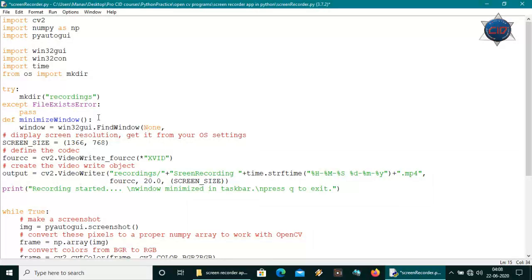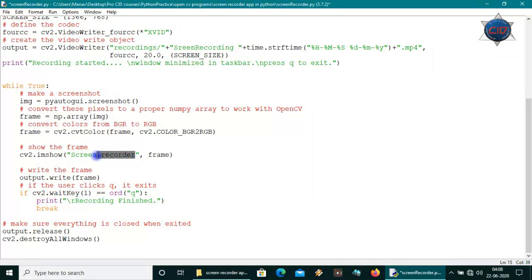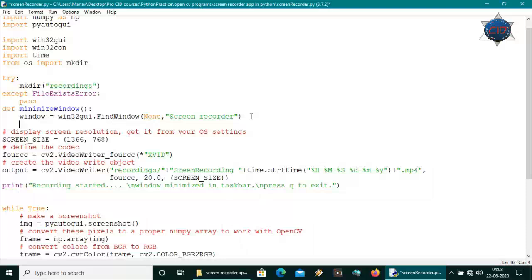Sorry, it will be here. And the second thing is the window name, and our window name, as you can see here, is Screen Recorder. Okay, so let's copy it and pass it here, Screen Recorder. So it will find the window with the name Screen Recorder.